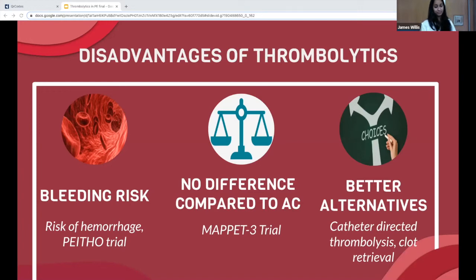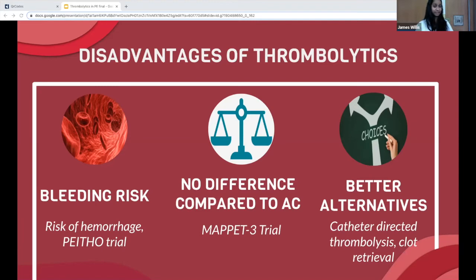They found that there was major bleeding, so a significant increase of bleeding risk with tenecteplase, about 6.3% versus a placebo group, which is about 1.5%. Also, some studies have shown that there is really no difference in mortality from just anticoagulation alone versus anticoagulation plus thrombolytics,